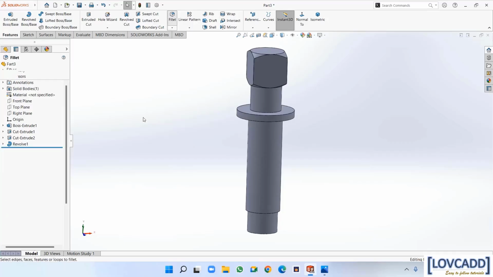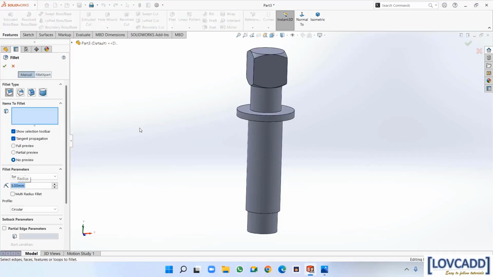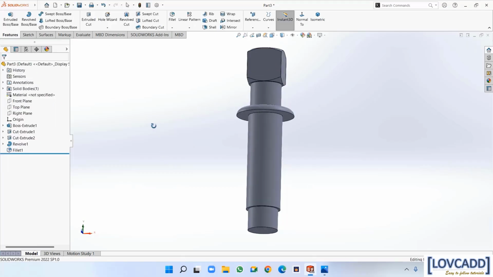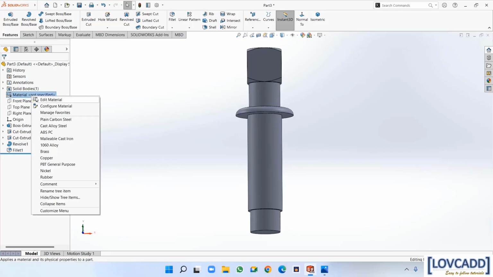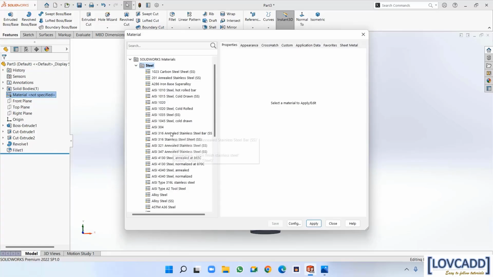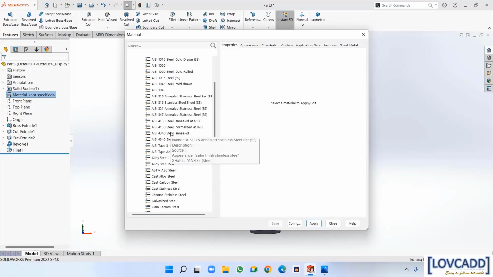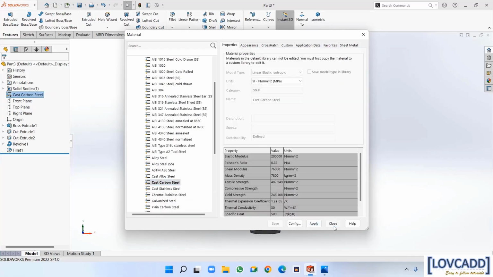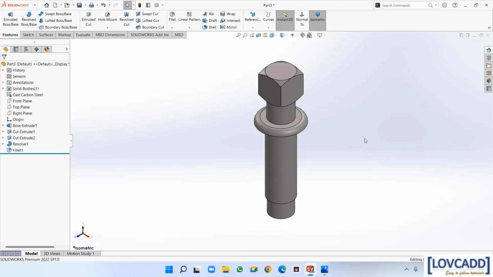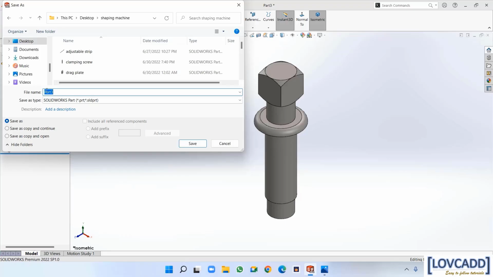Next select fillet, add dimension 3 mm and select this edge. Okay. So we have done with the tool fixing screw. To assign material, go to material, click on edit material. In this, select the cast carbon steel, click on apply, close this. So this is done. Go to save as, name this part as tool fixing screw,